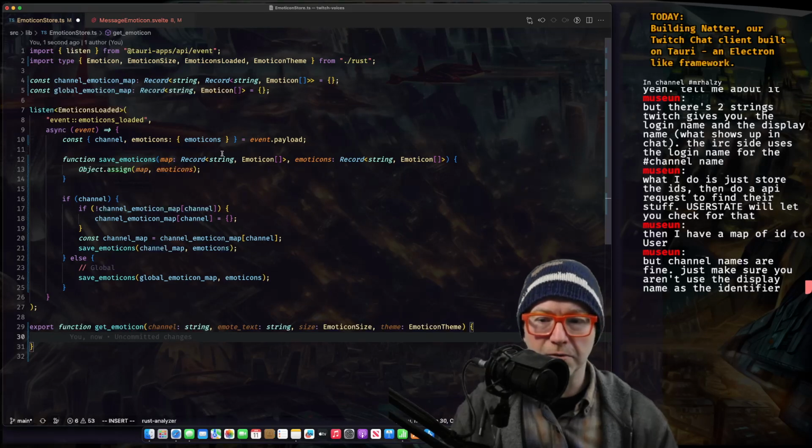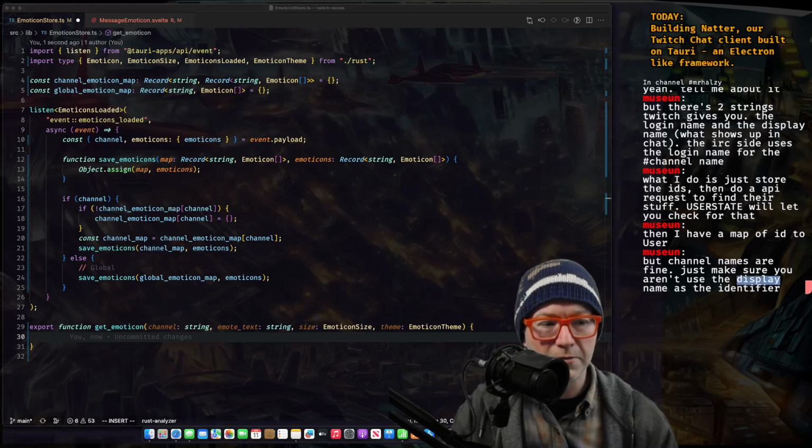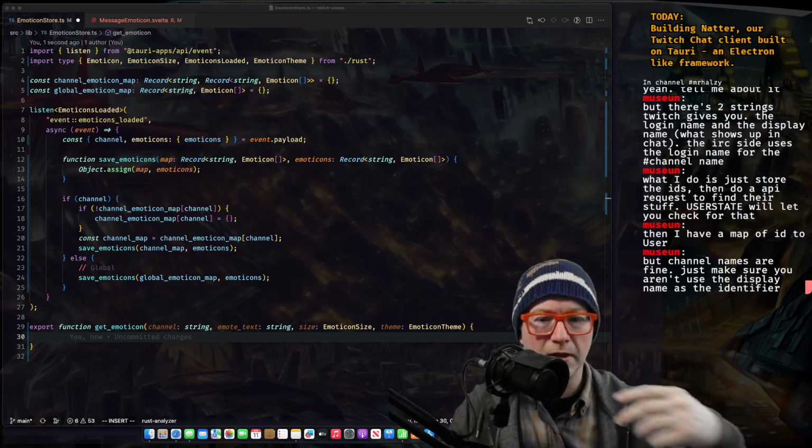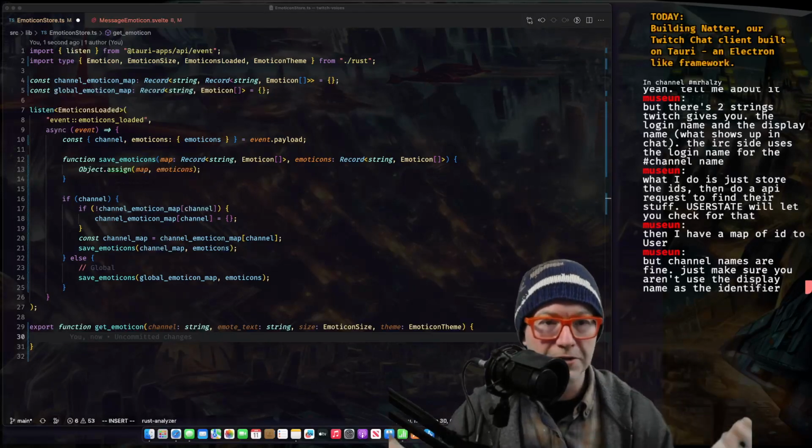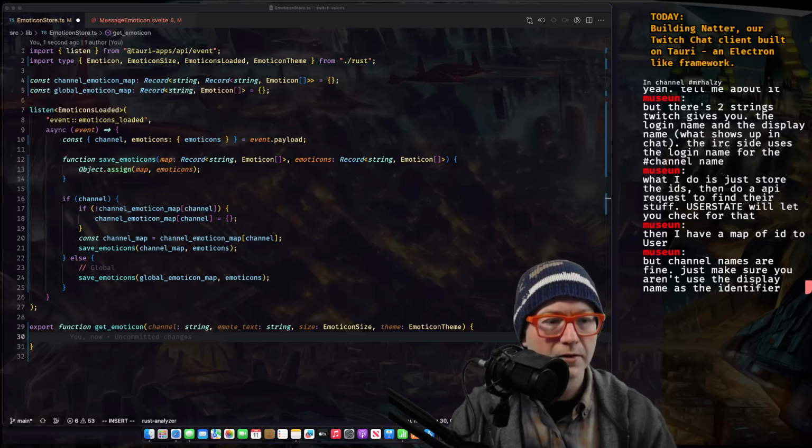I don't know which one we're actually using. I don't think it's a display name. I'm using the channel function off of the Twitch chat crate. So when we get a message, just an IRC chat message, it has a channel function off of that.